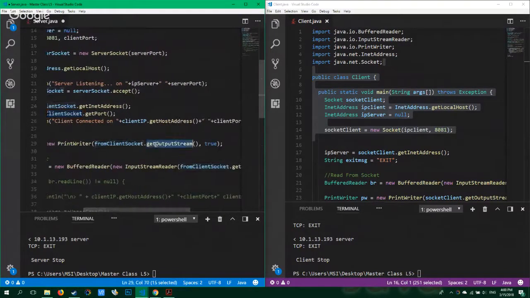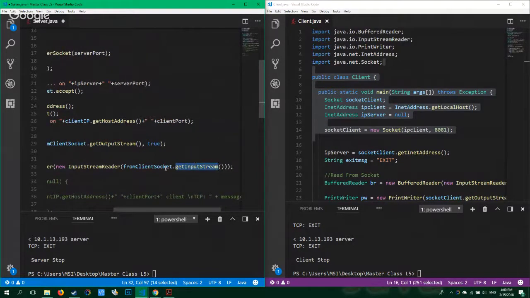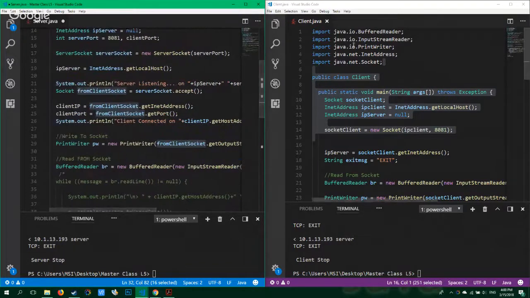Here we are going to get the output stream from the client socket to write, to send information to the client. And here the input stream, to get the stream that we are going to use to read all the messages that the client sends. Okay, now the client